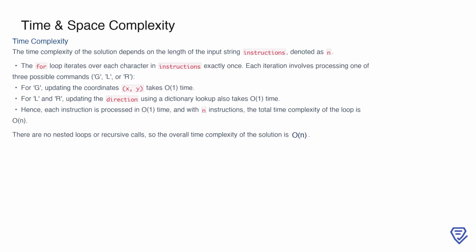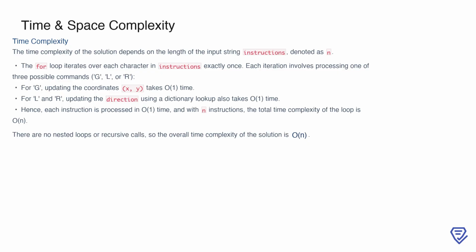The time complexity of this solution is directly tied to the length of the input string, which we denote as n. The algorithm processes each character in the string exactly once using a for loop. This means we handle one of three commands, G, L, or R, in each iteration. For the G command, updating the robot's coordinates takes constant time, O(1). Similarly, for L and R, updating the direction involves a dictionary lookup, which also occurs in O(1) time. Since every instruction is processed in constant time and there are n instructions in total, the overall time complexity of the